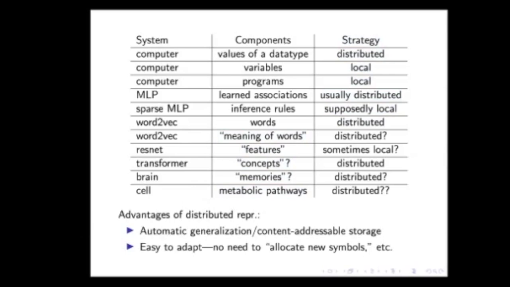And if you look over, there are lots of interesting things from the 1980s and 1990s on the advantages that people thought distributed representations would have. Some of them I've already alluded to, like automatic generalization, which is also related to content addressable storage. And the property of distributed representations that's hardest to model, and the one I have the shakiest understanding of, is that they can adapt in ways that local representations don't do so easily.